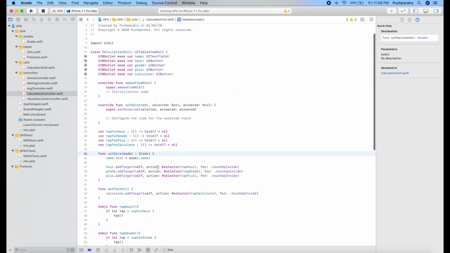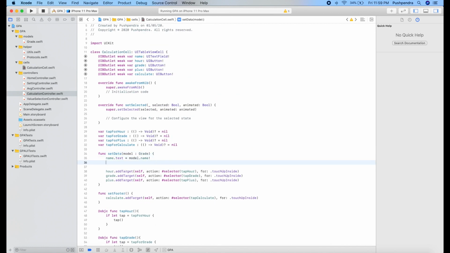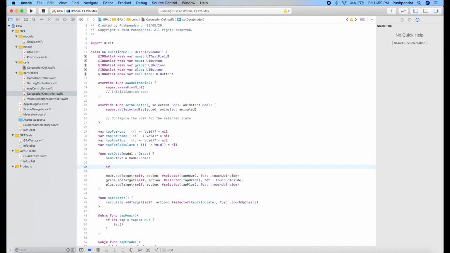Set data, and here we will add one more thing. We will update the title of the button, hours button and grade button, okay.